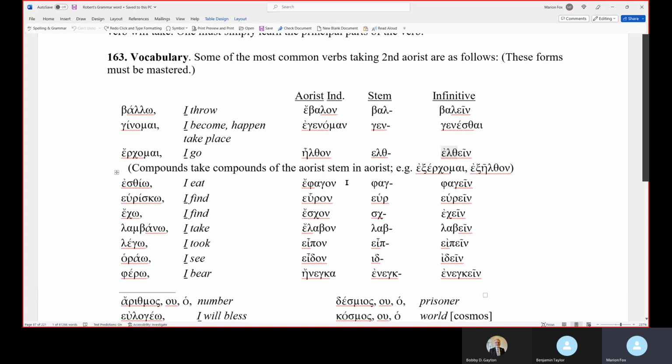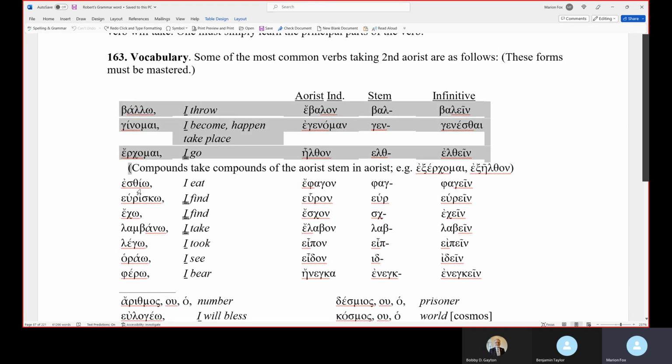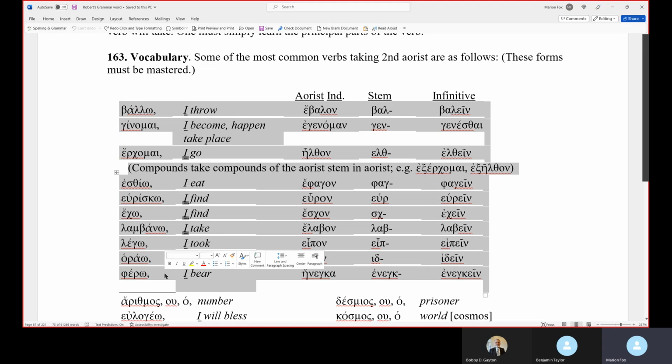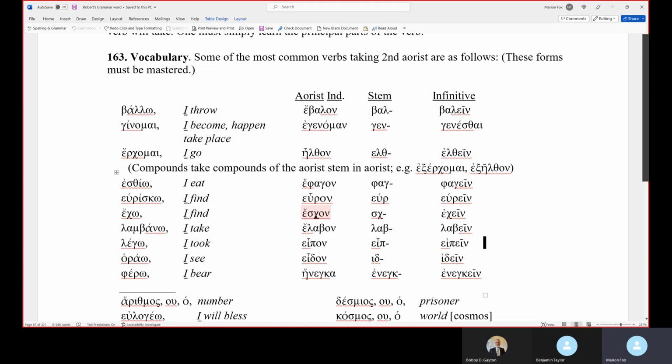Now, one of the things you want to do is get your stems as much as you can. When you find some book that will give you the stems, you probably ought to put them in a file somewhere. What I'm trying to do is take this file that I've given you and put the stems on it, so that they'll be right there with you. They'll be very helpful. I'm trying to do that. And as I go through, from time to time, I think I've been through this and put all these on there. So if I have, then it's already there for you to use.